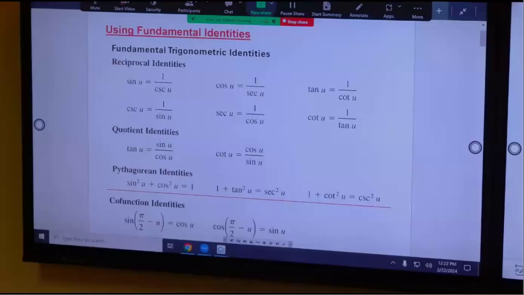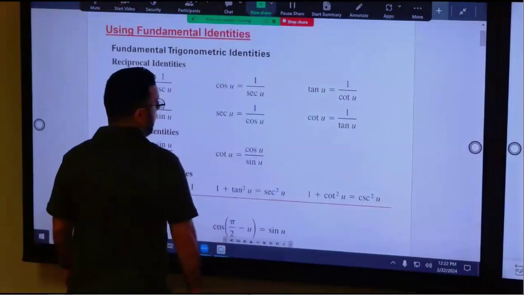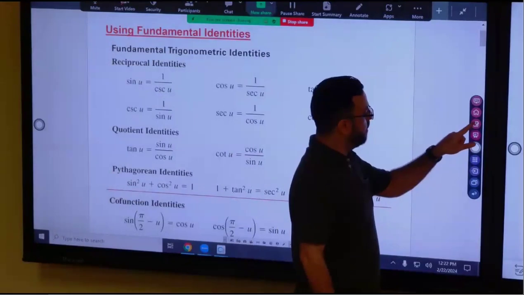Section 7.1, which is using fundamental identities. So the first thing you see on the first page on the top,